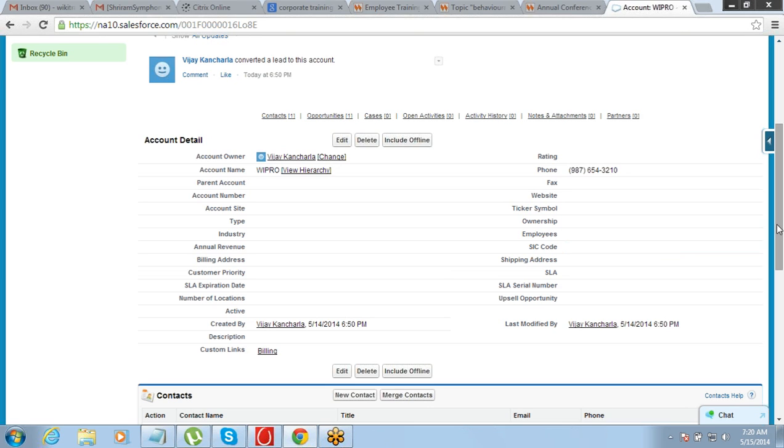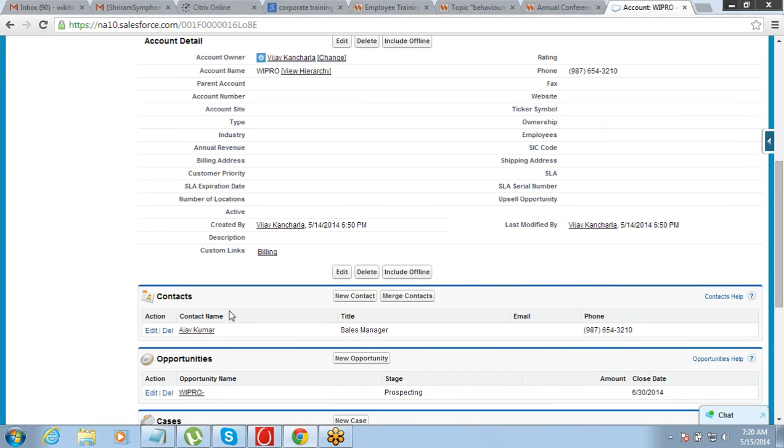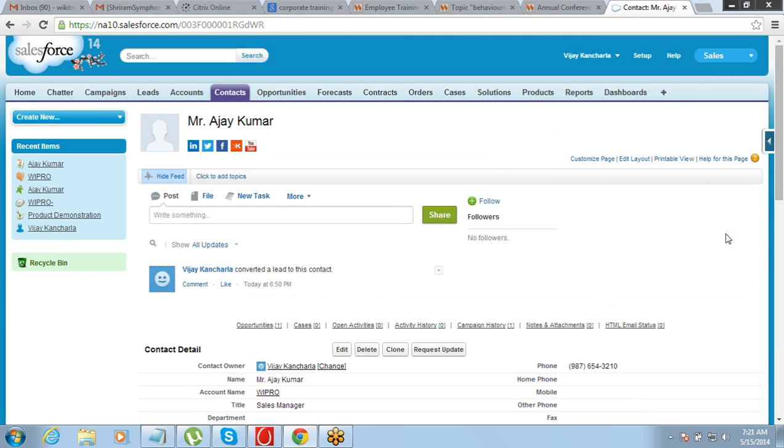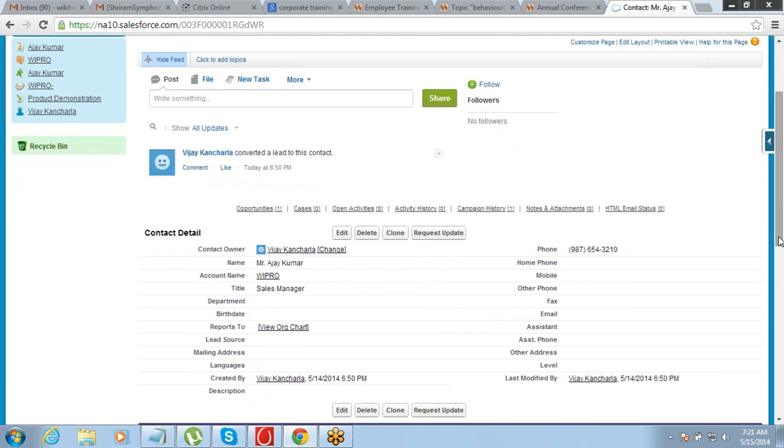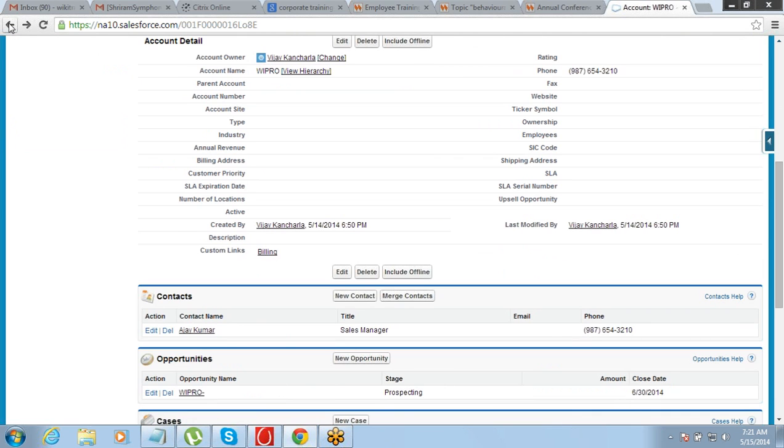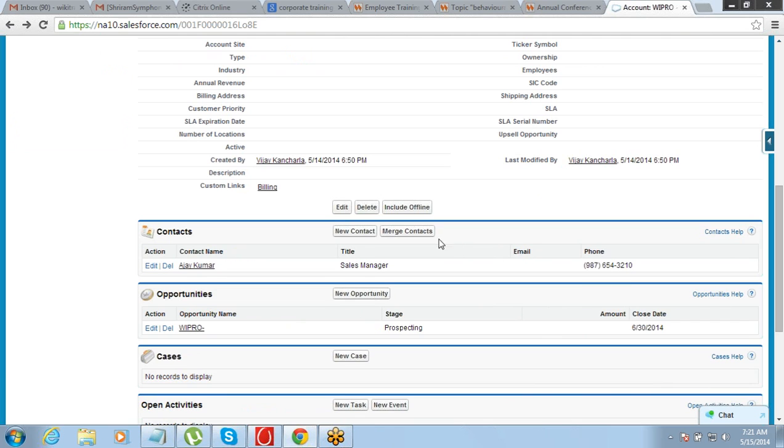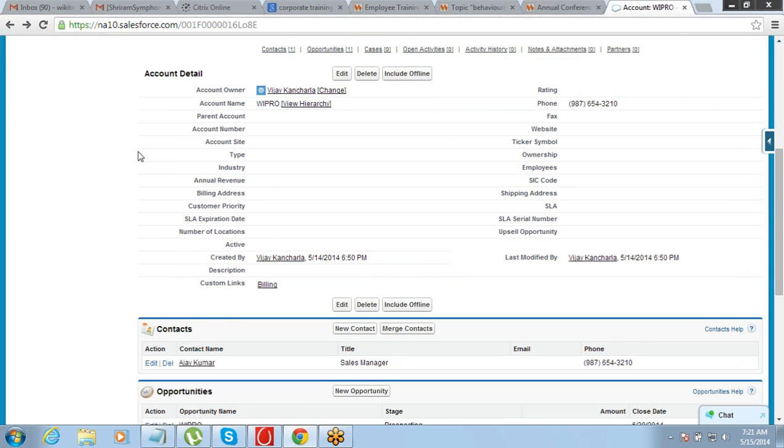Okay. And the contact information goes into a contact which is called Ajay Kumar. See, it comes under it. Now you can maintain more details about the contact also, like the title, department, birth date, mailing address, language, assistant, email, fax, mobile, whatnot, everything. Moreover, you have a scope of adding more contacts. So as of now, if you look into this, we have one account called Wipro, and we